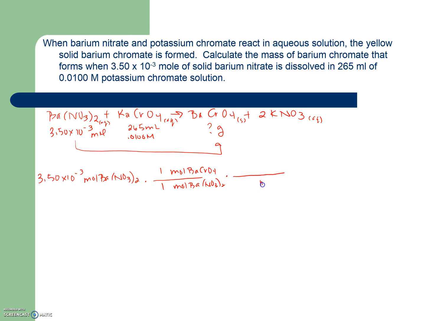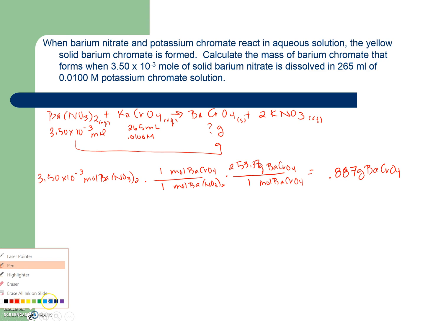I want to get rid of moles of BaCrO4, and I want to convert it to grams of BaCrO4. I have 1 mole, and my molar mass is 253.37 grams. I go ahead, I put that into my calculator, and I end up with 0.887 grams of BaCrO4. Okay, that's great. But let's look and see if that's the limiting reactant,